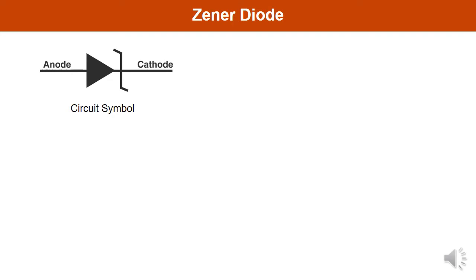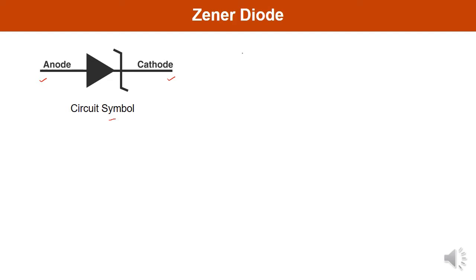Moving ahead, this is the circuit symbol for the Zener diode. You can see Zener diode is a two-terminal device. The terminals are anode and cathode, and the arrowhead in the symbol points towards the conventional direction of current through the Zener diode, meaning when it is forward biased. But you know that Zener diode is a reverse biased heavily doped PN junction. So when the cathode is connected to the positive terminal and anode is connected to the negative terminal of the DC source, the Zener diode is said to be in reverse bias.